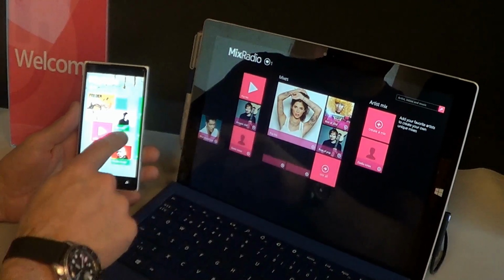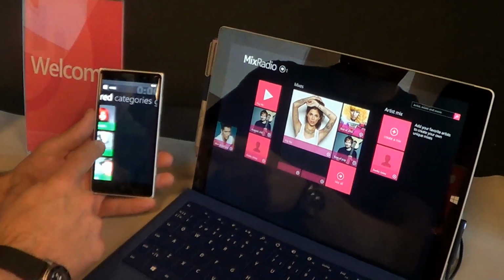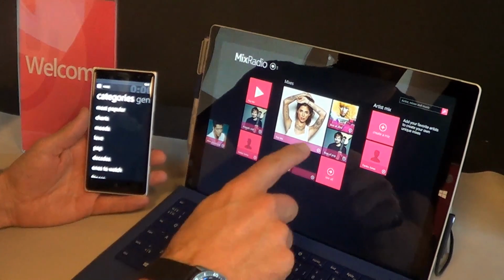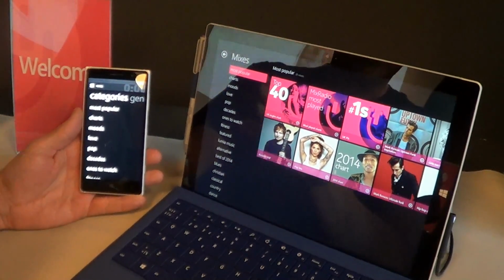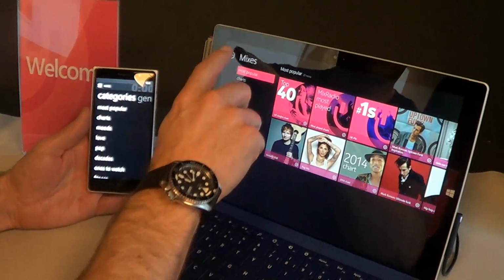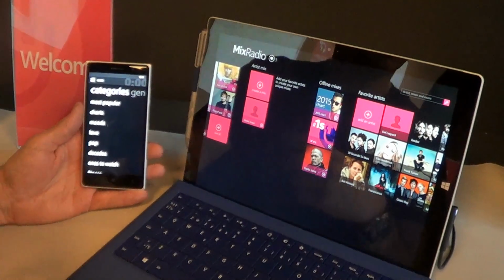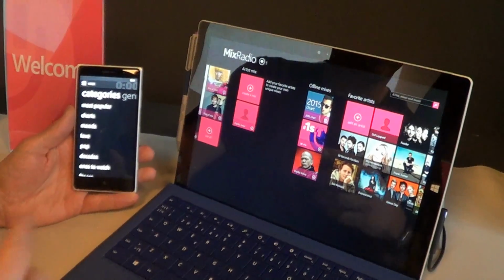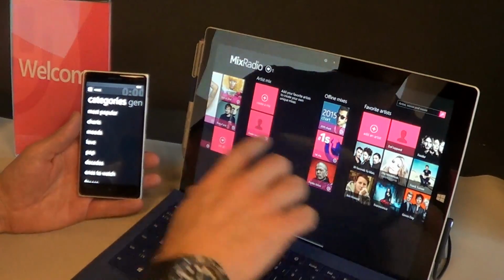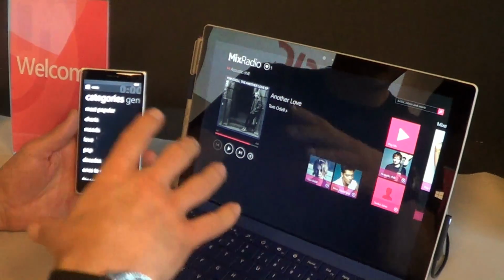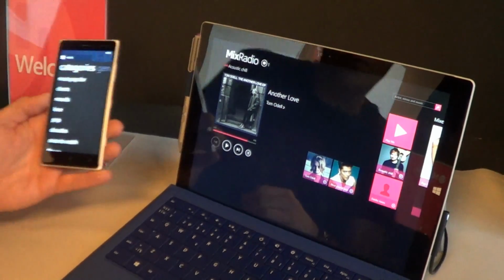I've got all of the mixes, so you'll see here on the device we have hundreds of curated mixes. So we'll have these in categories or genres, and we'll have these here, all the categories and genres. And notice how our designers have gone from a landscape to portrait, still a very nice, unique way to have the experience. You'll see here the offline mixes. So again, you've got all of those mixes you can take offline, and then here you can see all of the favorite artists, which are then part of my Play Me experience. So a lovely experience given to you as a native client on the Windows 8